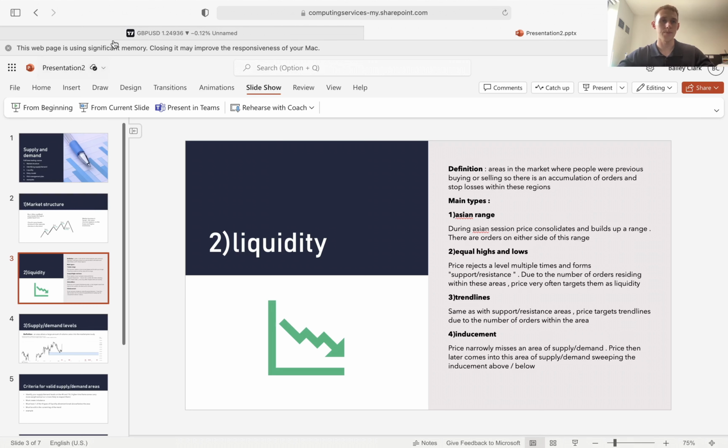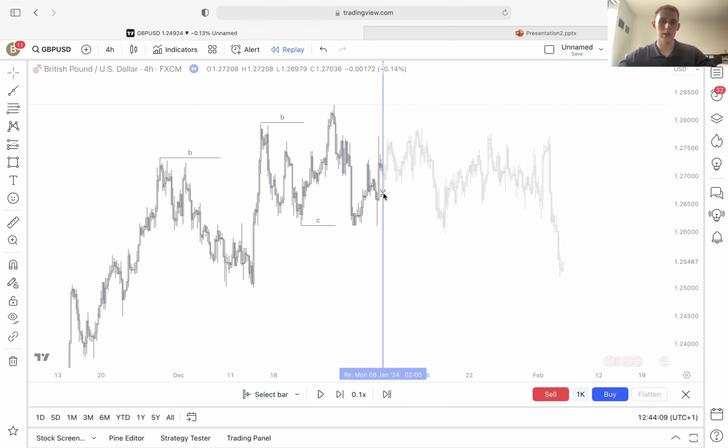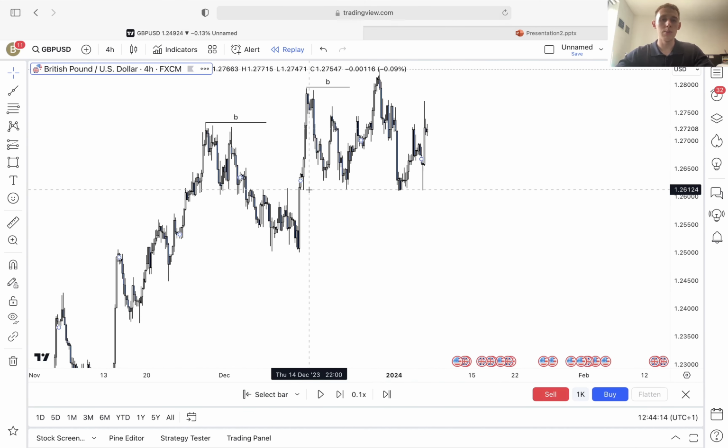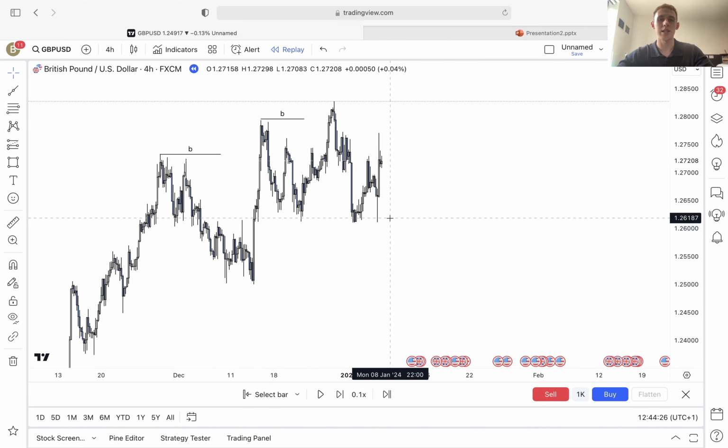So for example, if we go back to here, an area of liquidity in the market would be this whole sort of support that price has formed just here, because we have seen evidence in the chart that people were buying in this level multiple different times. So we know that there are stop losses and also orders resting below this area just here. And what this basically means, or so the theory goes, is that price is likely going to target this area of liquidity,